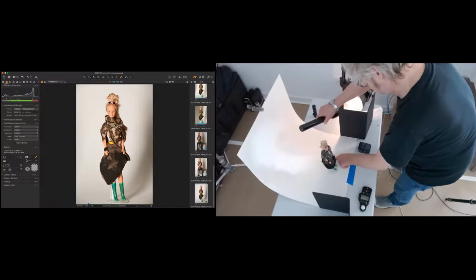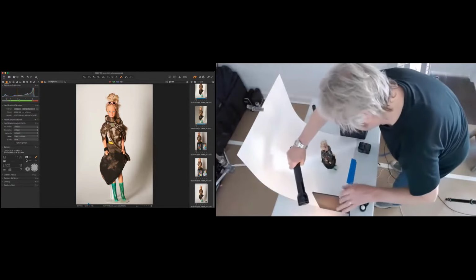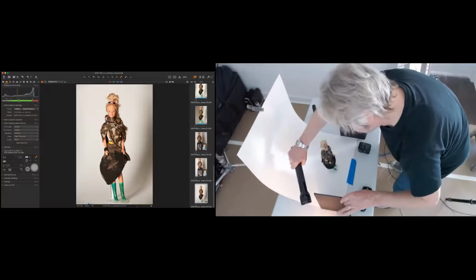Can you guys see that? Yeah. And then the same thing will be happening on the other side as well, although this one needs to back out just a little bit more.